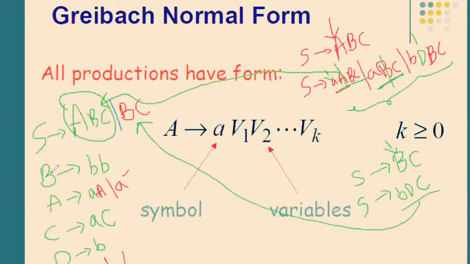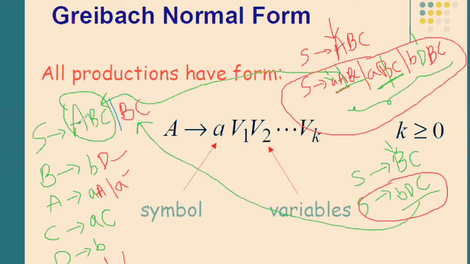Then we will go back here for B. The definition of B you have here is BB, and for B I have already given a definition D. So this B can be replaced with D. Now this is in GNF. These two replacements here are also in GNF. This is one replacement for BC, and this is the second replacement for the first of ABC, right? So the first one is in GNF, the second is in GNF, the third is in GNF, the fourth production is in GNF, the fifth is in GNF, and the sixth one is not in GNF.